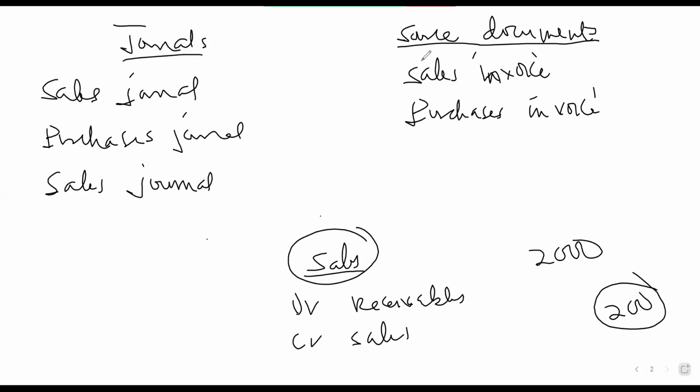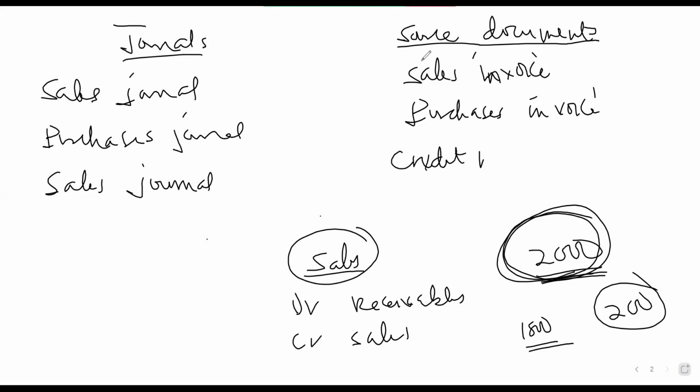How much are you going to be owing? 1,800. Okay, 1,800. But this amount is being debited in my account. So if I want to reduce it to 1,800, it means that I have to credit your account. So the company can issue what we call a credit note to the customer, telling the customer that your account has been credited. So in the sales journal, we have what we call the credit note. If it is the company that is issuing the note, then the company will tell the customer that your account has been credited, so debit our account there.